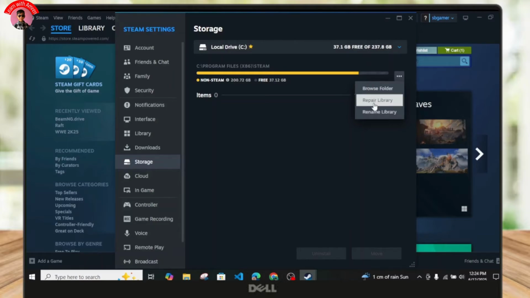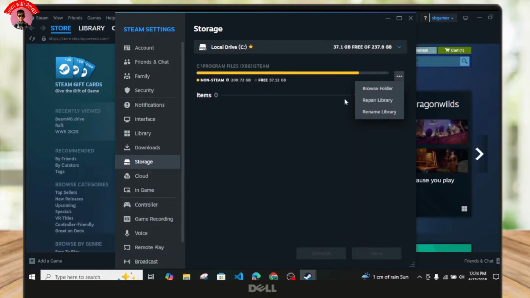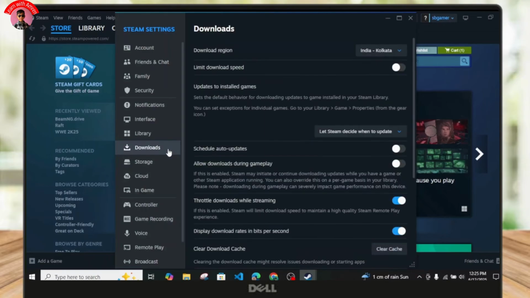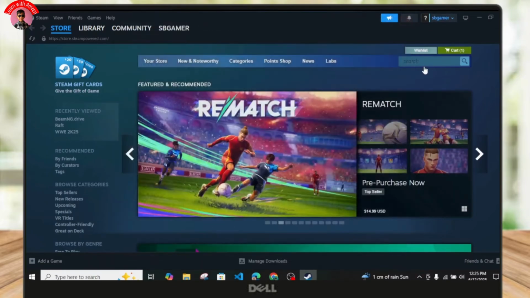And what you want to do next is click on this repair library, and once you do that, it will automatically reset all of your library and try to help in syncing of your games or applications. And the next thing you want to do is, once you repair it, restart your Steam application,